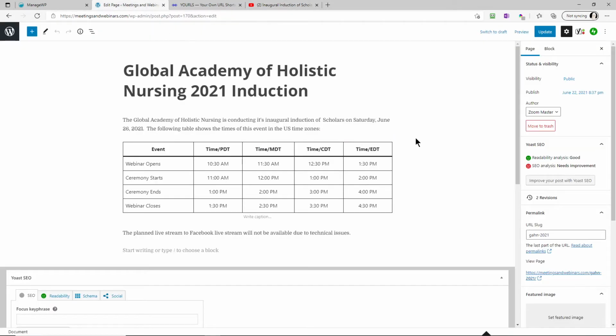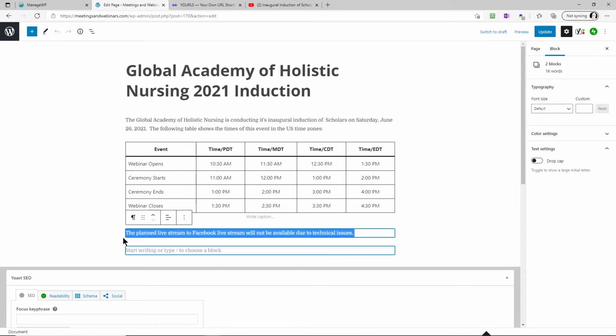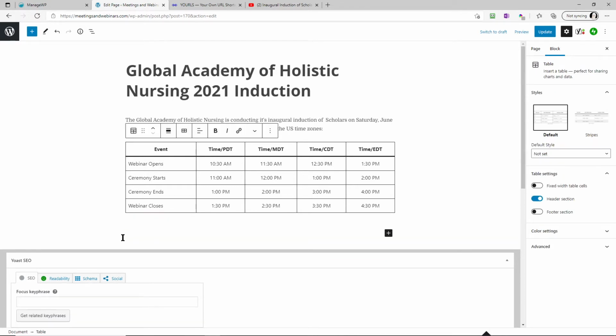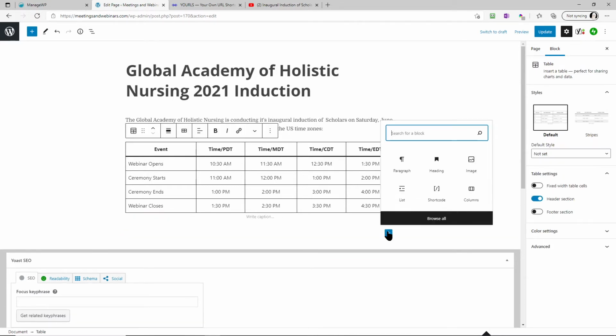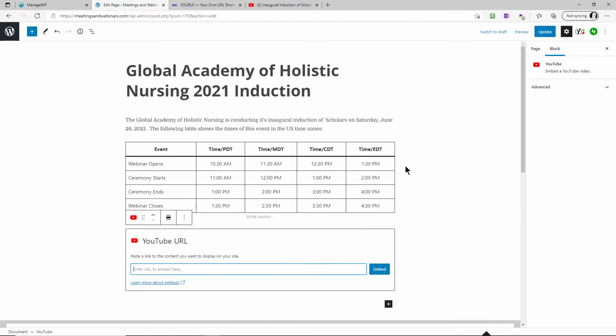Now what I've got here is a web page that I'm editing. This was originally the schedule of the induction ceremony. And what I'm going to do is basically erase this and click the plus sign. And the plus sign then gives you some options. If you just type U, you get YouTube right there. Click on YouTube. And in this space here, just paste with Control V the link to the YouTube video, and